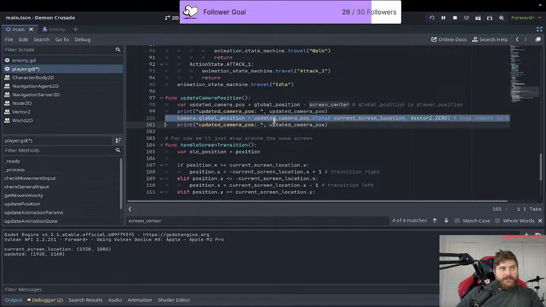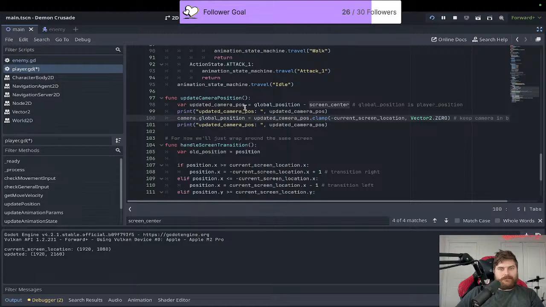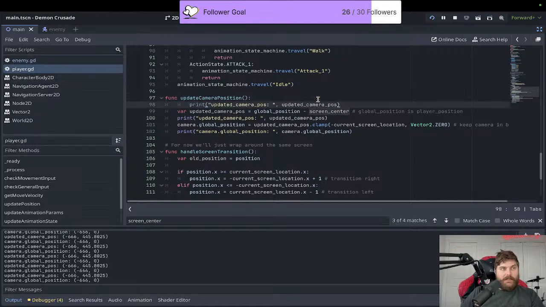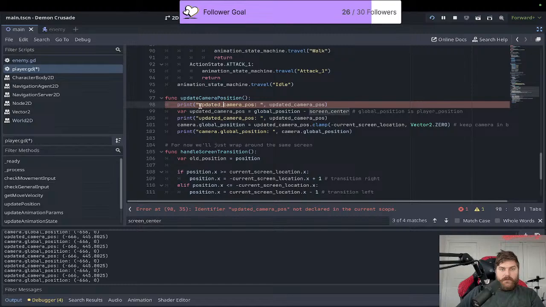Now we're troubleshooting my screen transitions. Right, so this will be global position of the camera. Sorry, this mouse trackpad sucks for that. Probably need this before and after. And this editor does not let me duplicate lines, so gotta do it by hand. And tabs matter. Spacing matters. All right. We'll say